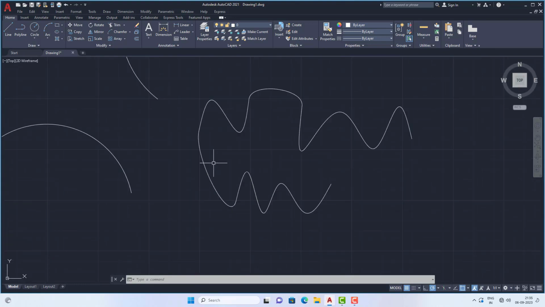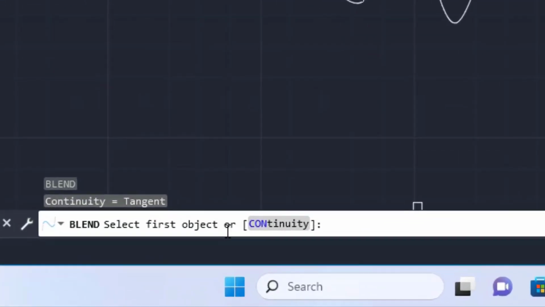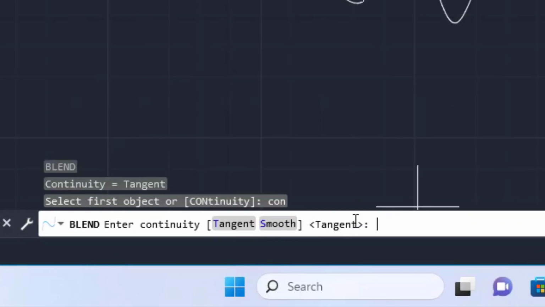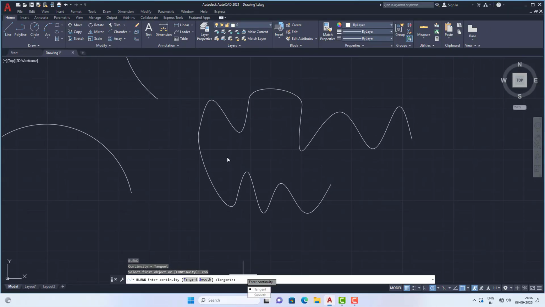After joining, the command will come out. So just press enter to activate the last used command, and there is an option of continuity. Type CON for continuity and press enter. By default it is in tangent mode, so that the two splines are joining in a tangent mode.